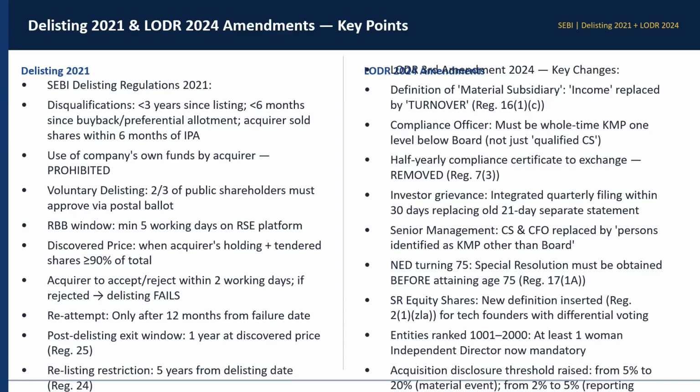देयर आर सर्टेन डिस्क्वालिफिकेशन्स ऑल्सो व्हेन यू कैनॉट डीलिस्ट। अगर 3 साल से कम हुए आपको लिस्ट हुए हुए, देन यू कैनॉट डीलिस्ट। ठीक है। Or if it is less than 6 months since the last buyback or preferential allotment, or if the acquirer has sold his shares within 6 months of the IPA, then you cannot apply for delisting. ठीक है। यूज ऑफ कंपनीज ओन फंड्स बाय एक्वायरर इज प्रोहिबिटेड।